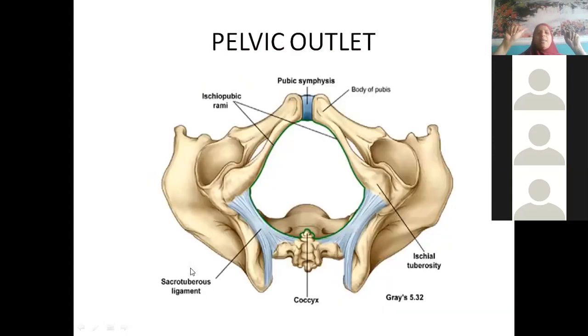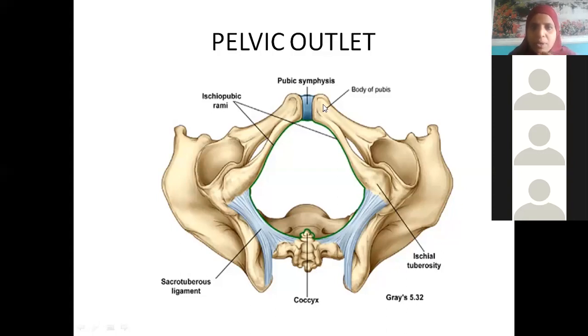Now you are tilting the pelvis and seeing it from below. So now try to understand. This is the pelvic outlet. This is the outlet through which the head of the baby is supposed to come out. Of course, you have an idea of the pelvic outlet because we have finished the perineum. So this is the anterior aspect.